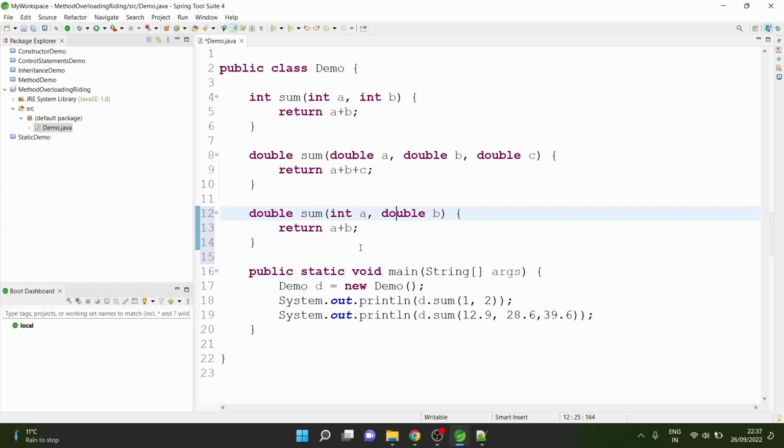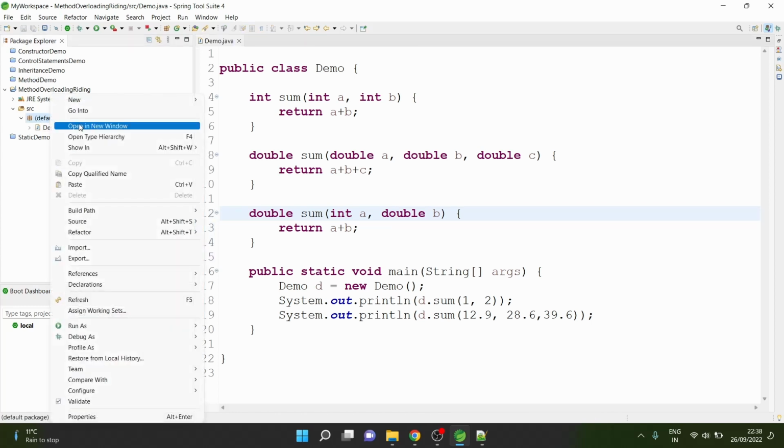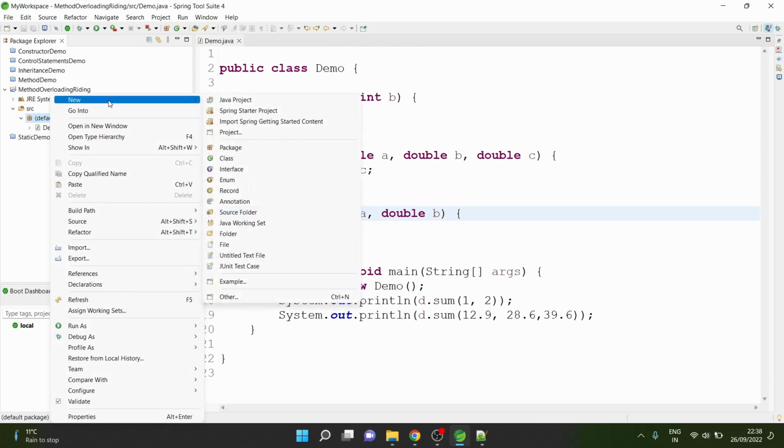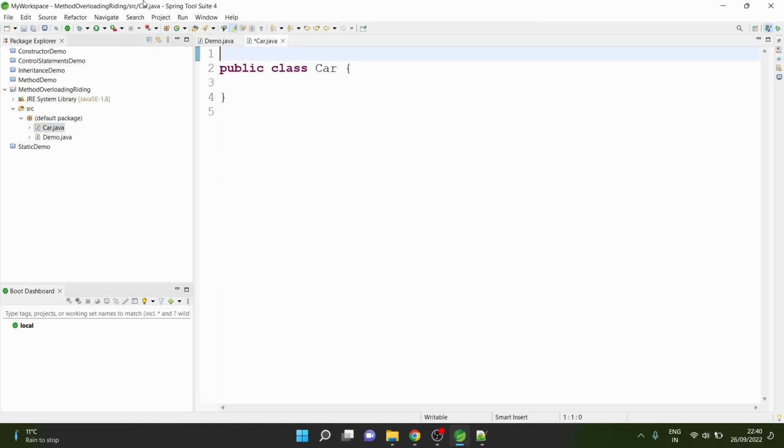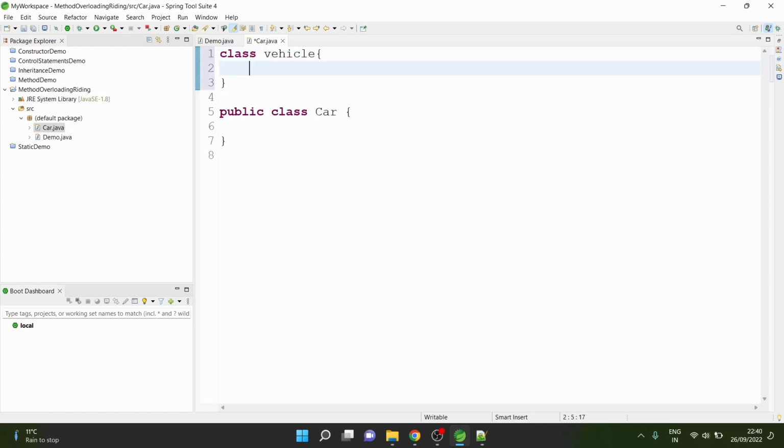Now let's go ahead and see method overriding. For overriding, let's create an inheritance concept quickly. I'll just create it in a single class by defining two classes. We have the class called Car. Before that, I will have its parent class called Vehicle, and I say void method drive,